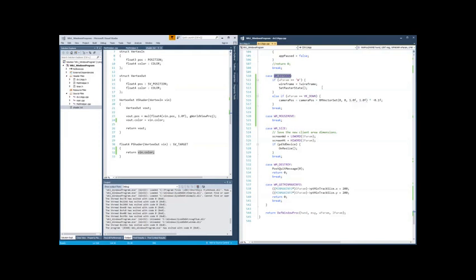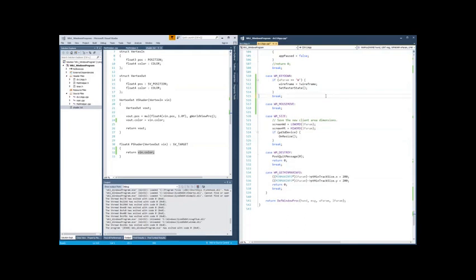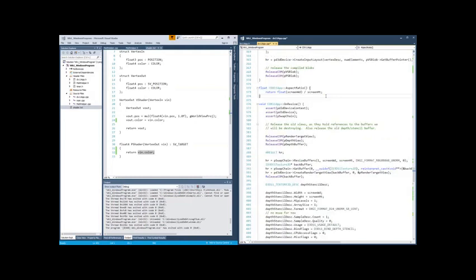An alternative to this, instead of event-driven input, is something more like polling. In polling, what we do is on every update,